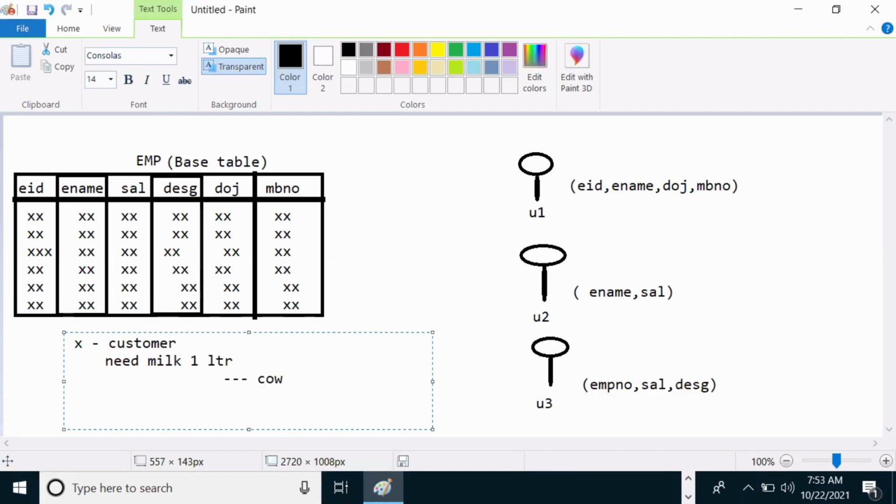You need to purchase a cow, or not? So for 1 liter of milk, does the customer want to purchase a cow, or do they want to purchase 1 liter of milk? Which one do you want to do?